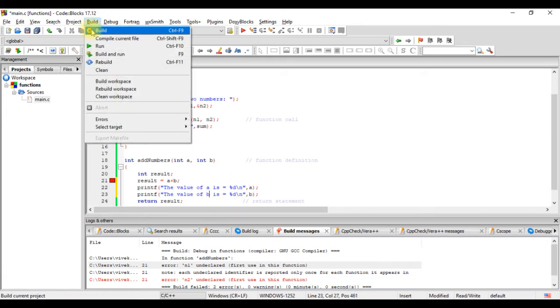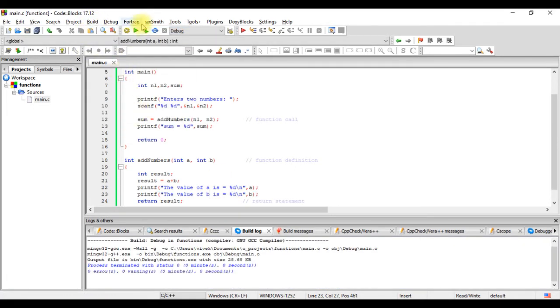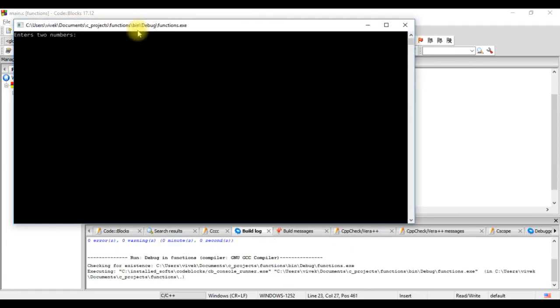So when we run this, what do we see? Let's enter n1 as 21 and n2 as 2. It shows the value of a is 21, the value of b is 2, and the sum is 23.